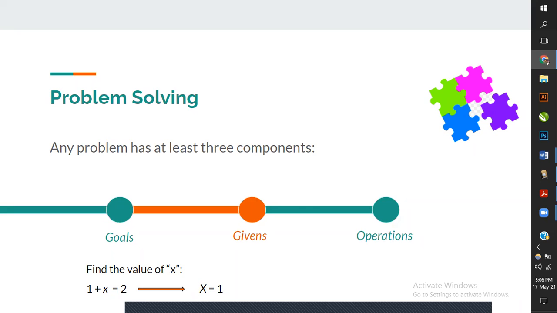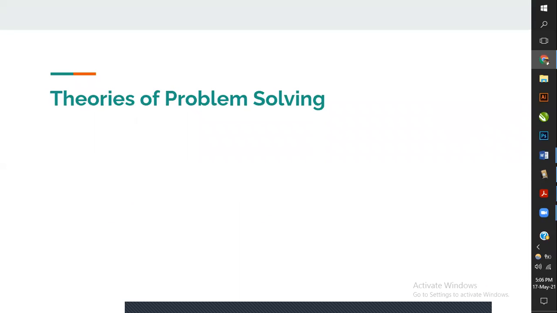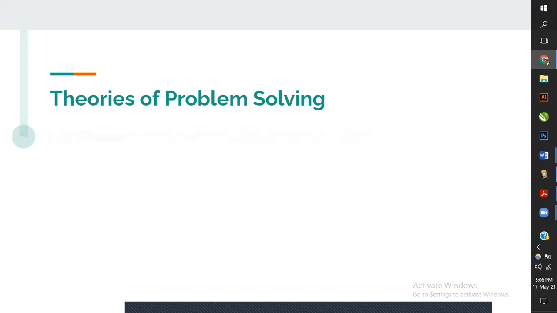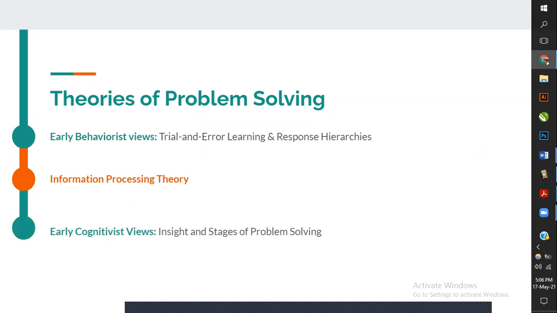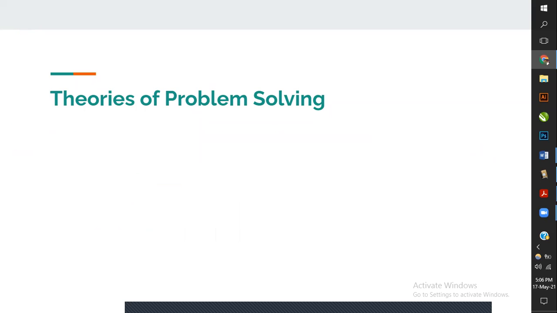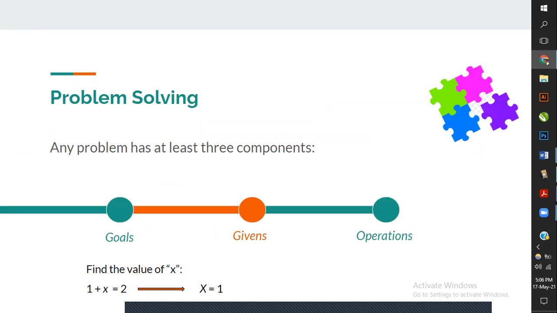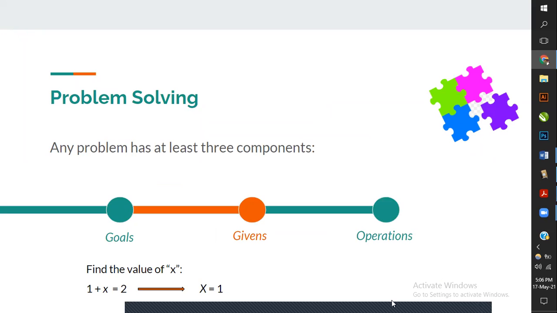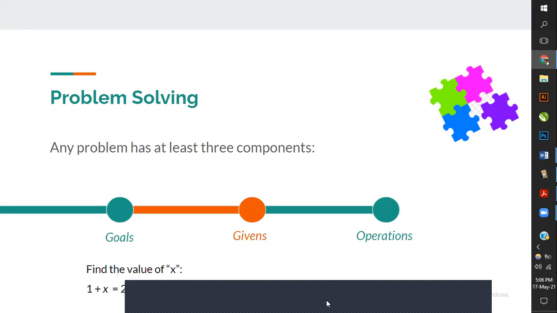Now, in problem solving, there are two types of problems. There's a well-defined problem as well as an ill-defined problem. As teachers, we have to construct well-defined problems, which give the desired results that we want. For instance, in our example, we wanted our students to find the value of x. We had a clear instruction there for our students: find the value of x, right?